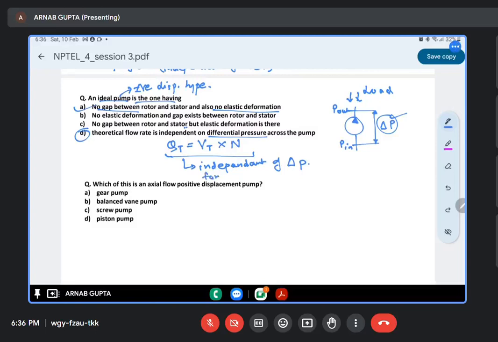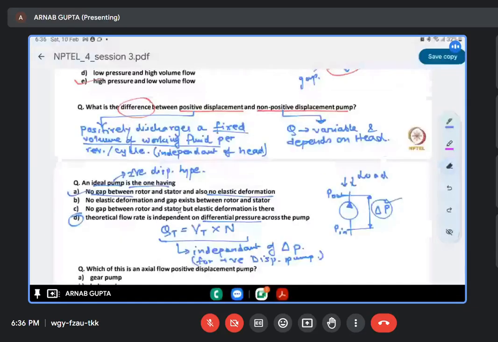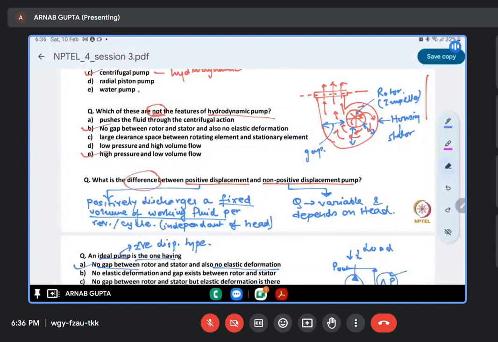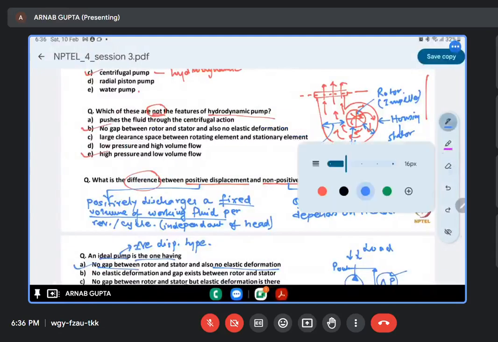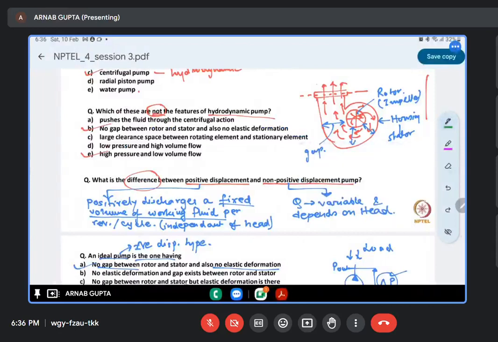I'm again mentioning here, positive displacement pumps only. Because in case of a non-positive displacement pump, what happens? If the pressure at this particular point, I'm showing it in green color. If the pressure here,